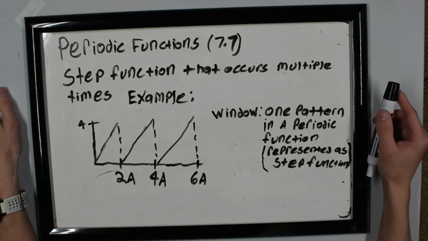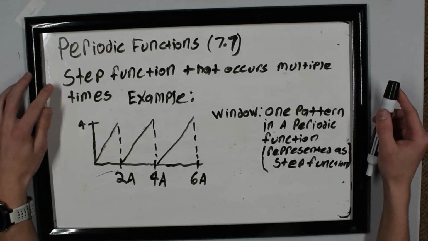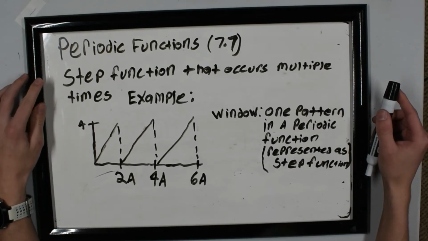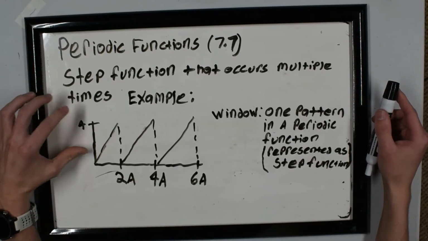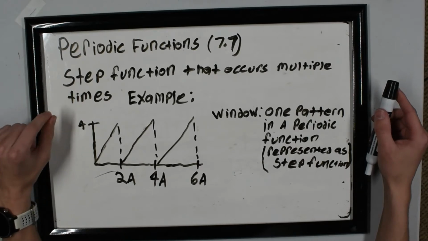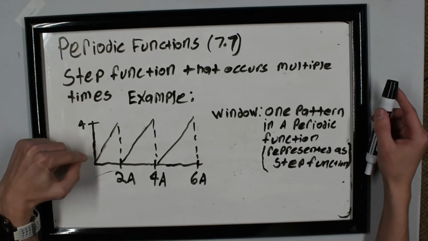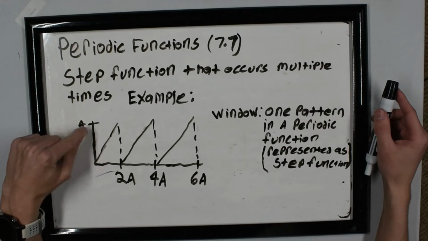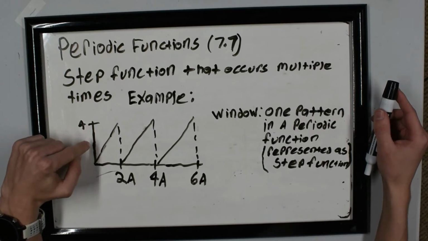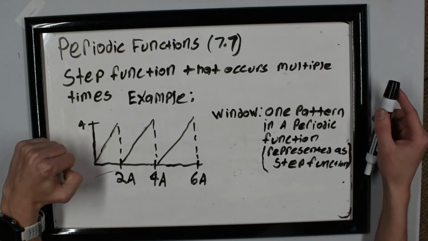Okay, so in this video we'll be going over periodic functions. Periodic functions are just step functions that occur multiple times. An example would be this graph, where we have a line of 4t over 2a because our function is essentially